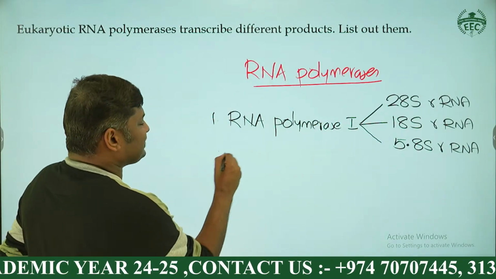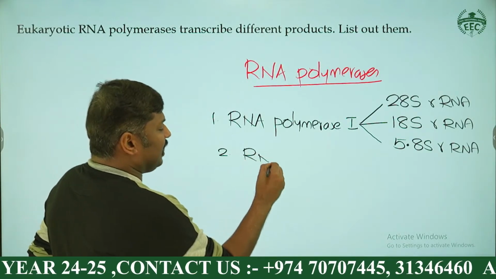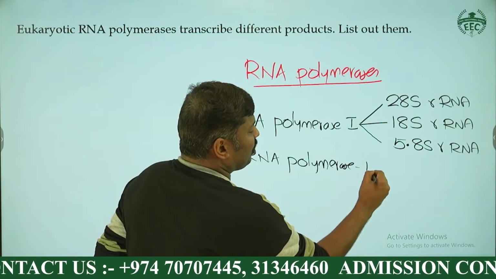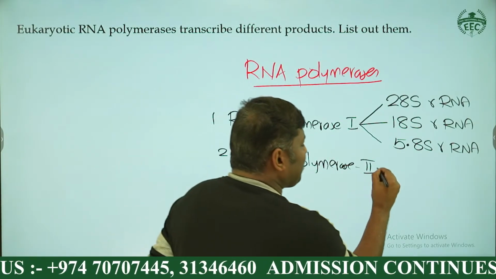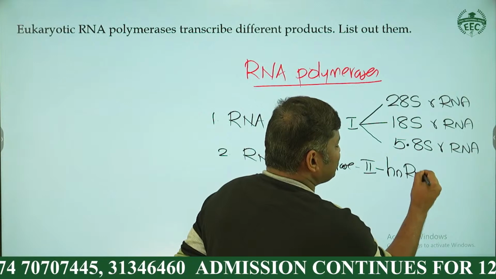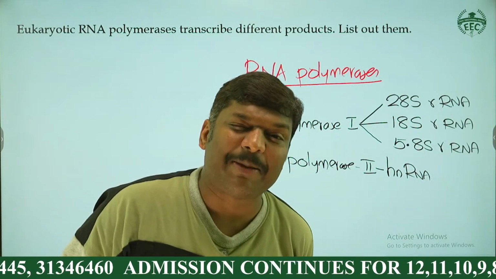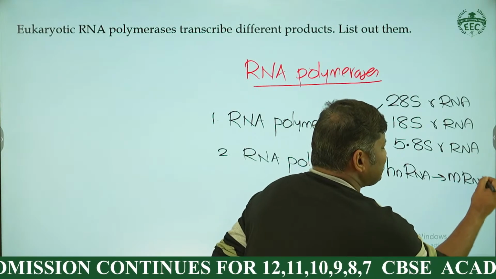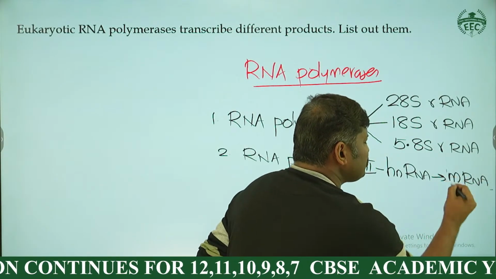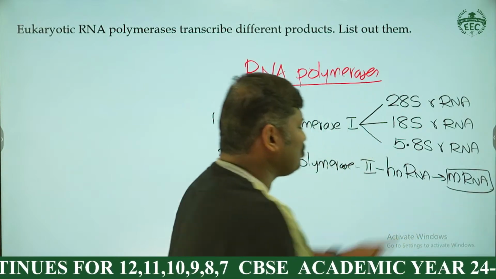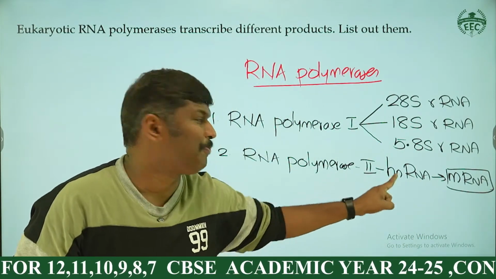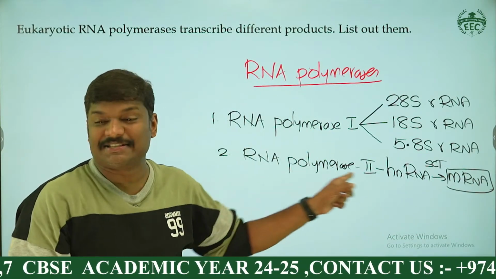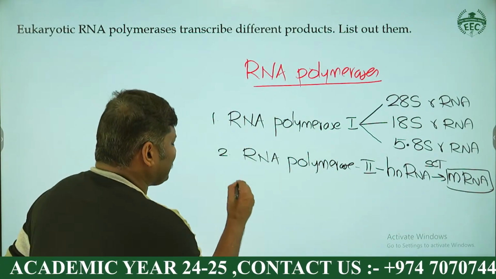The second one is RNA polymerase 2, which is very, very important, because RNA polymerase 2 can make hnRNA. You already studied that hnRNA is the precursor that is converted into mRNA, the messenger RNA, the most important one. hnRNA is produced by RNA polymerase 2, and hnRNA to mRNA involves splicing, capping, and tailing. And the last one is